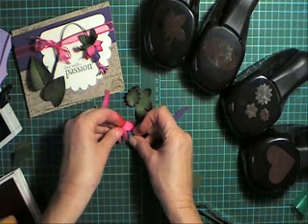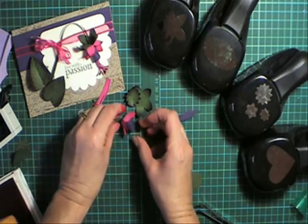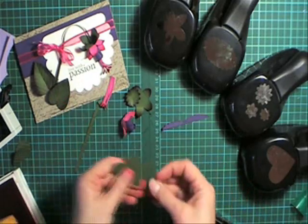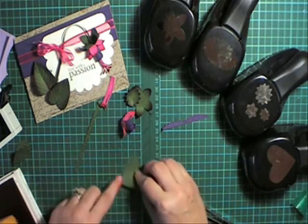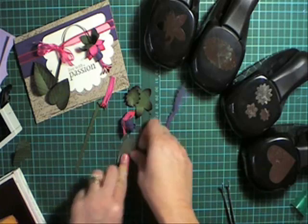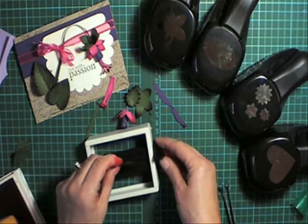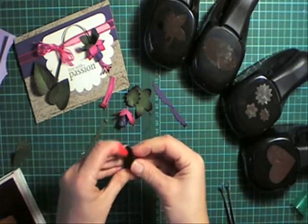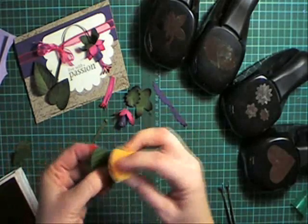Okay, and while that starts to dry, I'll just let that sit for a moment. I'll show you how I've done these big heart leaves here. Okay, we're just taking a punched out heart like that, and we're going to fold it in half. And I've got just a little tiny crimper here. We're just going to run that through the crimper like that and open it back out like that. Add some red ink